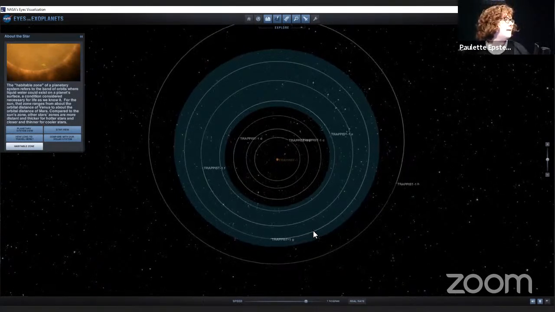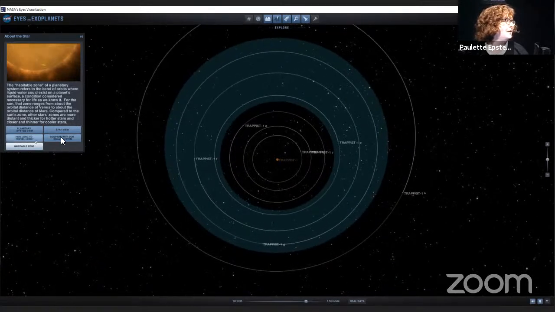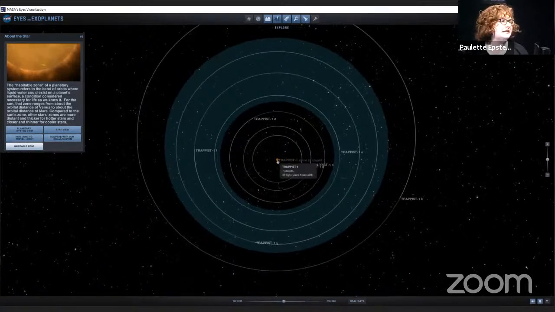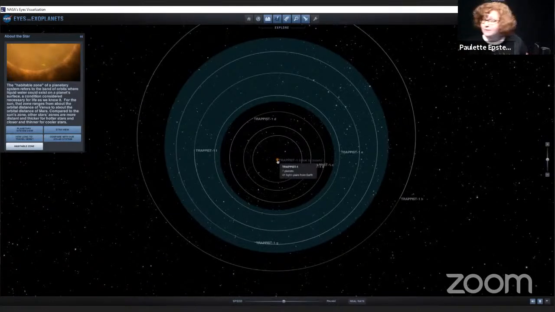Now, the neat thing about this star is actually the distance from our sun. So this has 7 planets, and this star is 41 light years from the Earth. So the way that we measure distance in space is using the light year. The distance light travels in 1 year. So if this is 41 light years away from us,